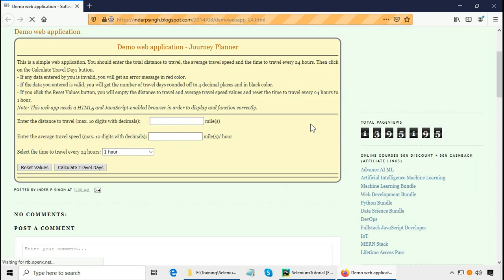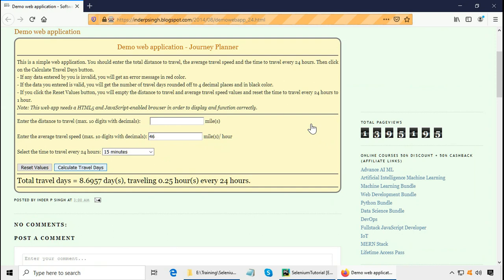Selenium WebDriver has opened the browser. Selenium WebDriver has opened the web page and it is testing it with multiple values. You can see in the distance text box, speed text box, and the drop down. Now because we have called the screenshot function, it's going to take screenshots for every set of test data. Let me fast forward this and I'll show you the screenshots once the script execution is complete.